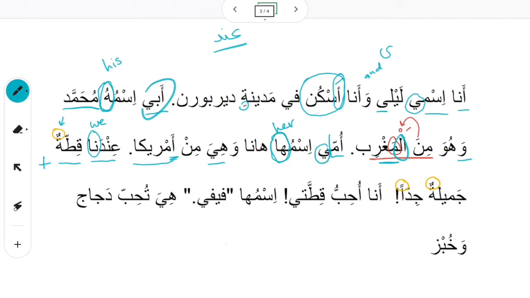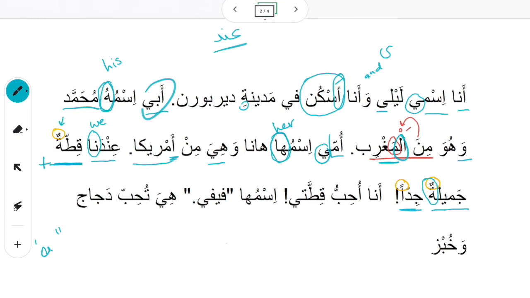قطة. So remember here, when you have a word that has a ta marbuta and then there's tanween on it, you're going to pronounce the T sound with the un. قطة. Okay? If it didn't have anything on it, we would just say قطة. Right? But we want to pronounce the ta with the un sound. قطة. عندنا قطة, we have a cat. So if it doesn't have alif lam, it has the meaning of a. Okay? عندنا قطة